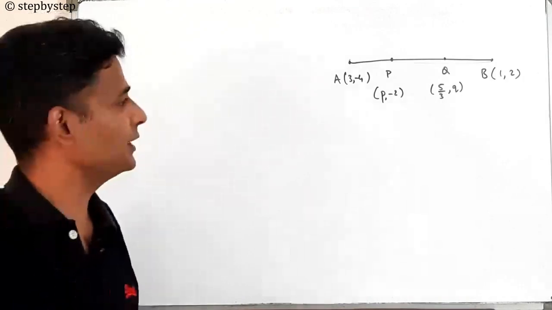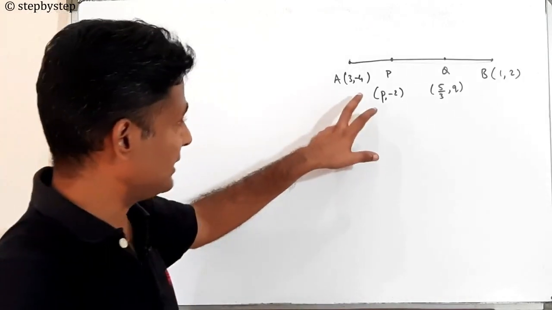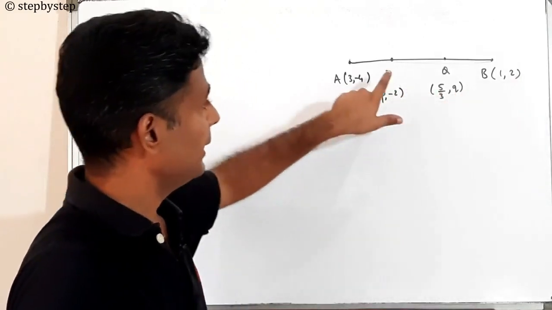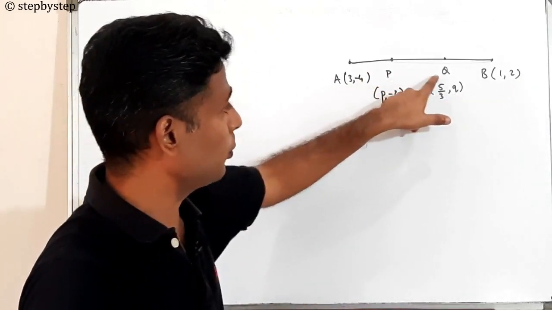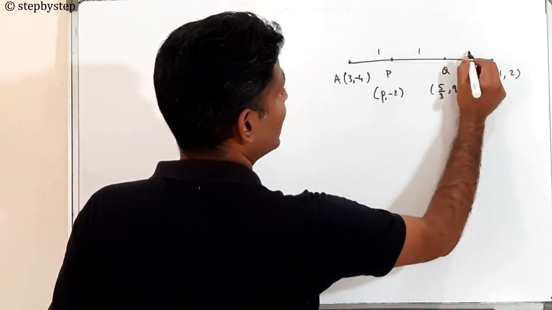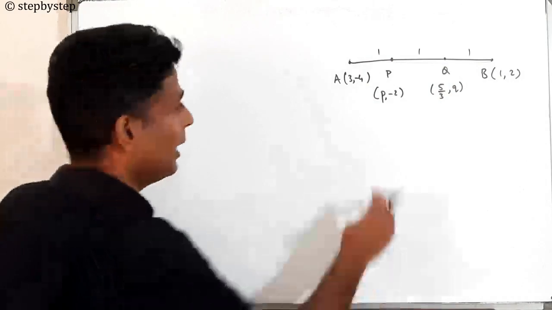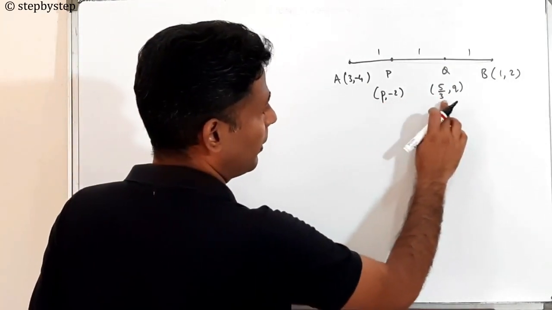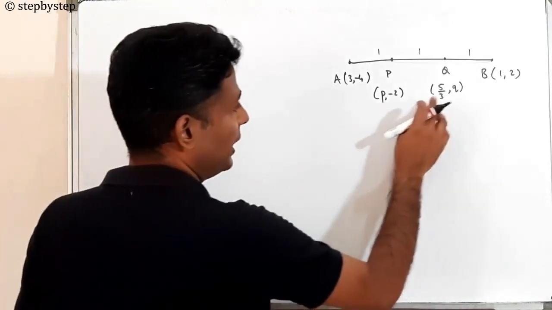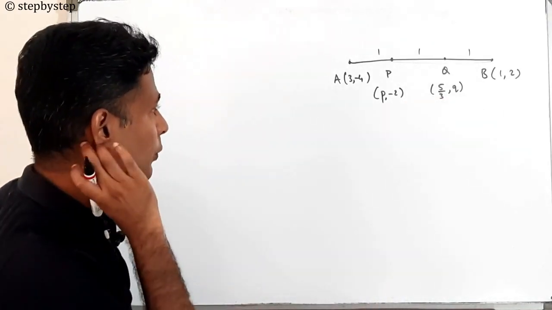Alright guys, now the fourth question in the test. They had said the line joining A, that is (3, -4), and B (1, -2) is trisected at these 2 points. So the moment they say trisected, what do you remember? 1:1:1. Alright, and they have given coordinates as P (-2, 5/3) and Q. So we have to find the values of P and Q.